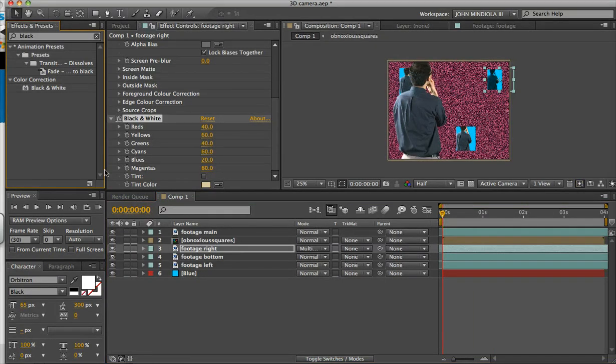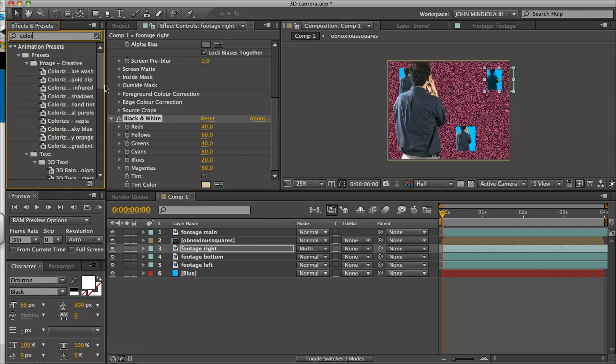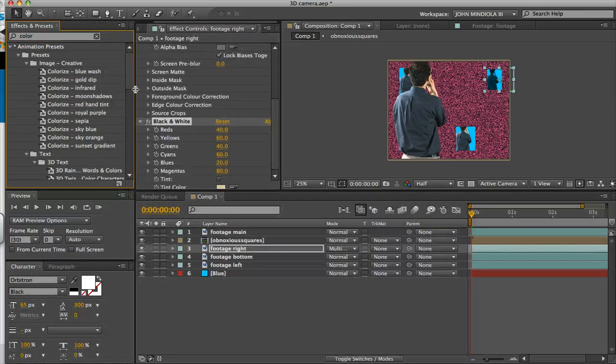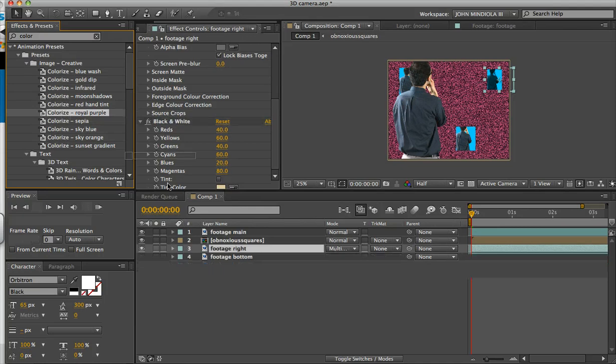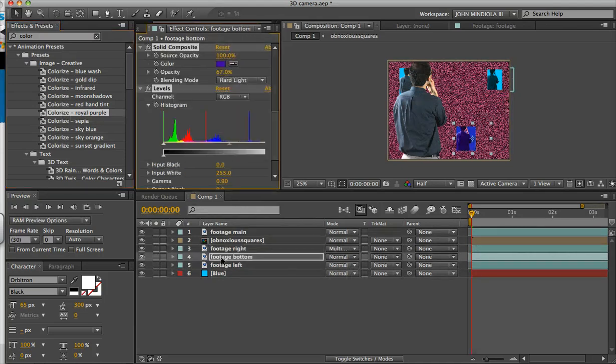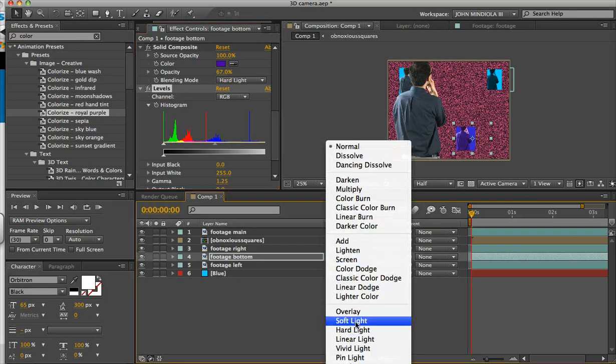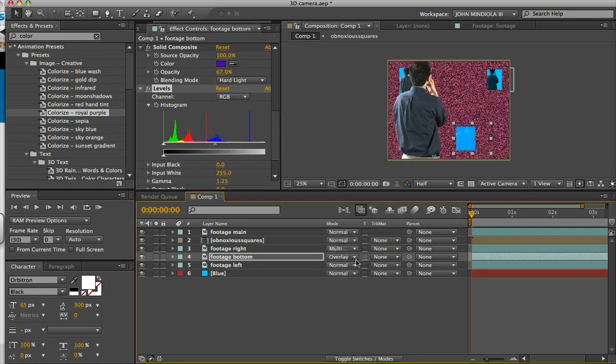Now maybe for this one, I'm going to go to color, and I'm going to open this up a little bit. And I want to go to colorize, royal purple, let's say on the bottom one. And that's like that. So that's fun. I have all these settings I can play with if I desired. I don't really desire that. That's fine. And this one, footage bottom, is maybe going to have, not overlay, it's a little bit